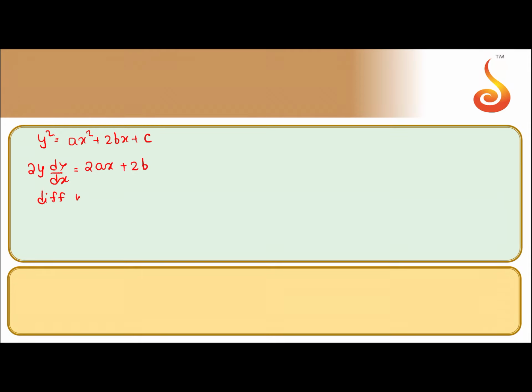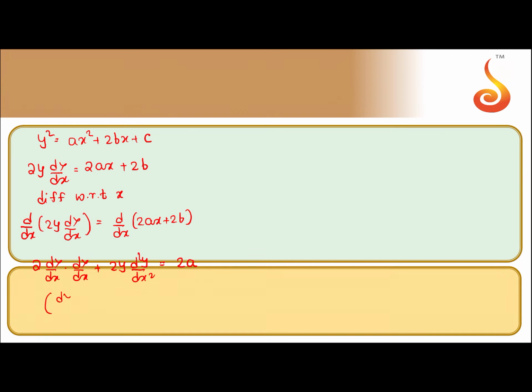Again, differentiating with respect to x, we get d by dx of 2y dy by dx is equal to d by dx of 2ax plus 2b. So again we use the product rule, 2 will cancel throughout. So we get 2 dy by dx into dy by dx plus 2y d2y by dx square. Here what we get is 2a. So if we remove 2 throughout, we get dy by dx whole square plus y d2y by dx square is